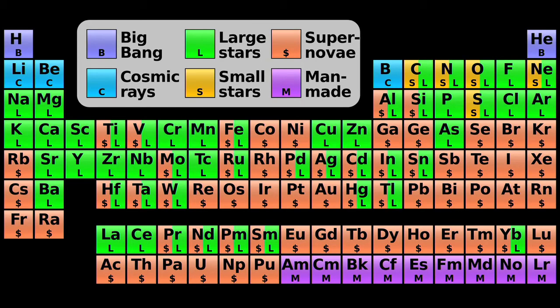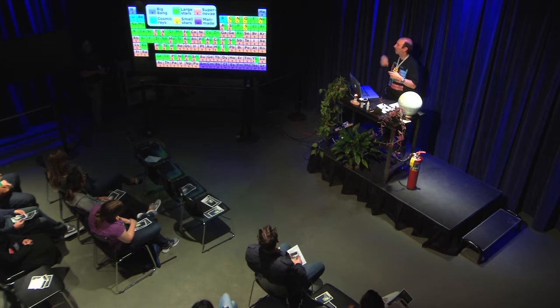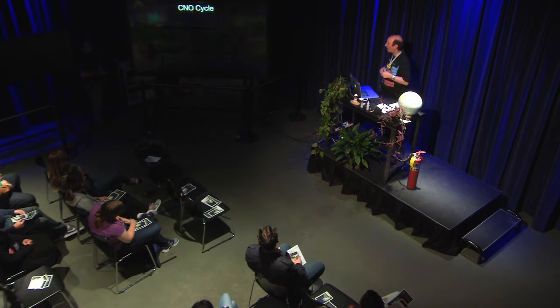Carbon formed, as I was saying, in stars, but it's also used in stars as part of the cycle that turns hydrogen into helium. That's that fusion process that produces the energy that we experience from the sun. And that cycle that carbon participates in is called the CNO, carbon, nitrogen, oxygen cycle. And I just wanted to go through that because it's actually kind of cool.